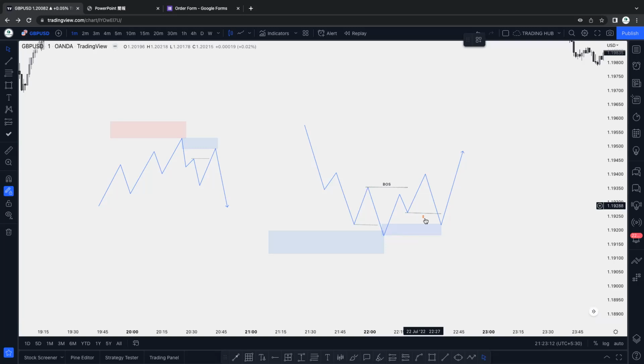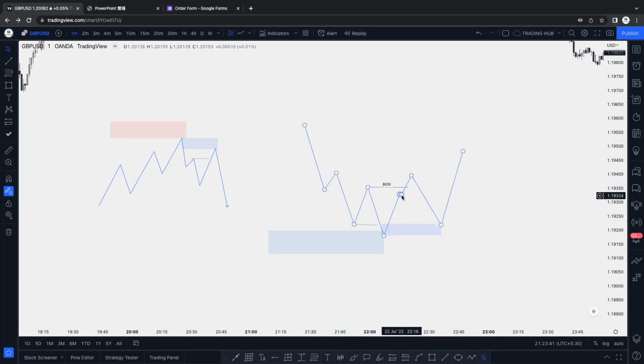Okay, after the CHoCH takes out the inducement, we can buy here and price goes higher. Correct. And we can add more multiple positions. If the market gives any scale-in entry, then we can add more multiple positions here. Okay, and the second type of entry: if the market did not create any inducement like this, sometimes what happens, the market breaks